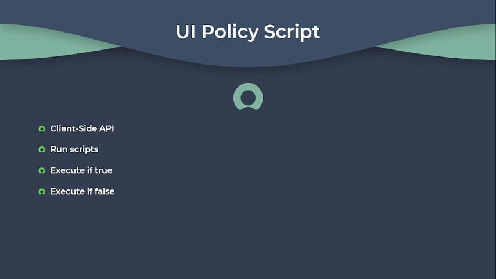We can write the logic inside the onCondition function, which is automatically inserted in the scripting fields. The onCondition function is called by the UI policy at runtime. Although UI policy actions execute on all platforms, UI policy scripts execute on desktop and tablet only in the default case. You can use the Run scripts in UI type field to select the platforms for the UI policy scripts.